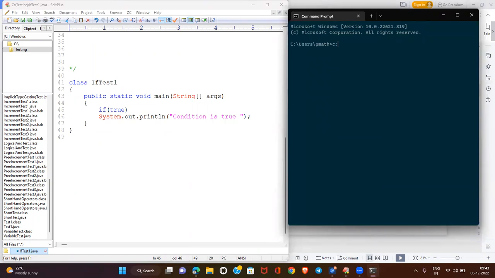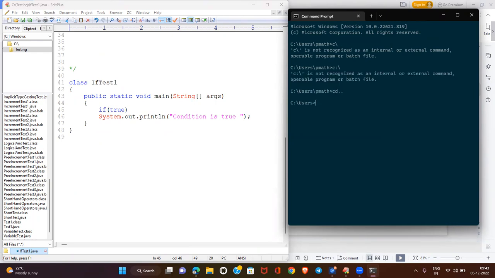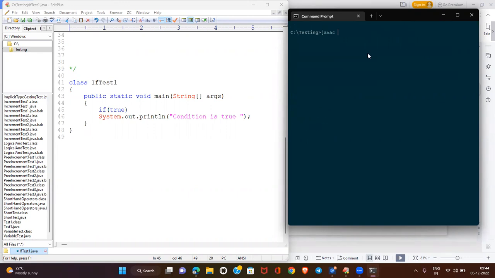C drive. Taking cd, cd dot. Here I go for cd. Now clear the screen. javac name dot java. I can compile. Yes, it's fine. Now when I run this, I get